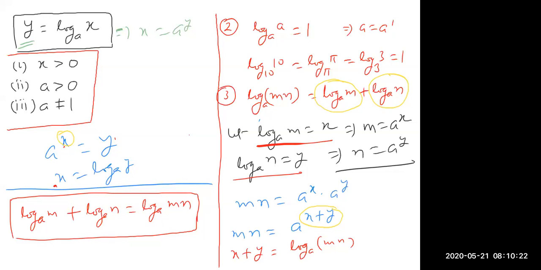Sir, in the exam, can they ask all these proofs? The proofs will not come. That is why I told you need not worry about the proofs, because they are not in your text. Basically, you must remember the properties. So I will be giving the properties only. Proofs are not required. That way I told I will give one or two proofs. All proofs are based on your exponents only, the law of indices.